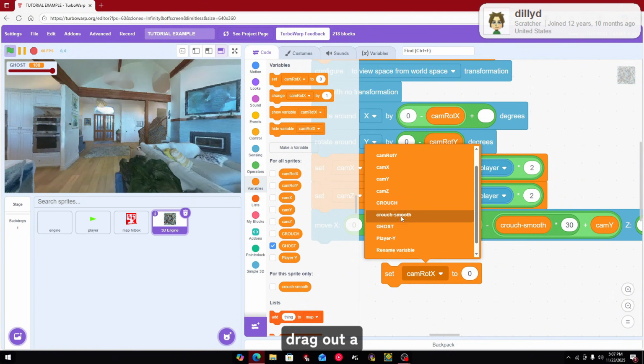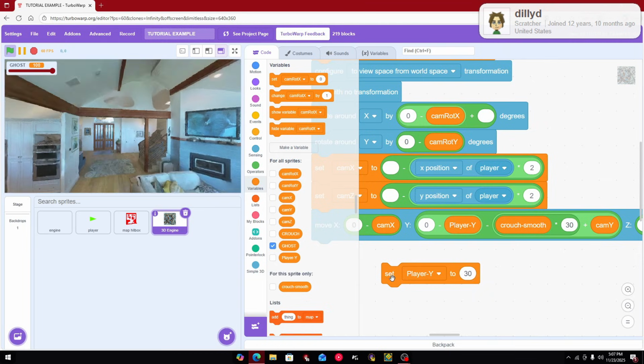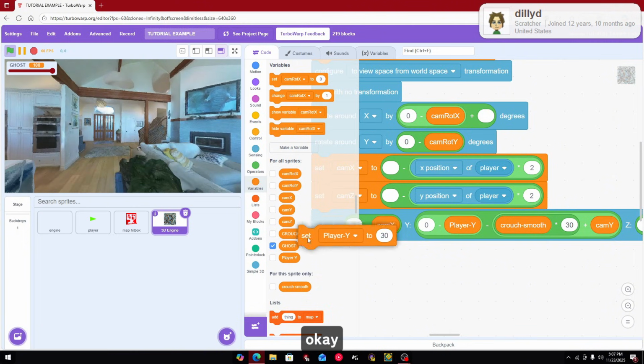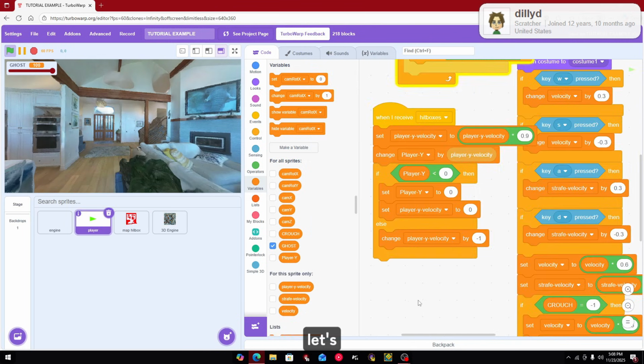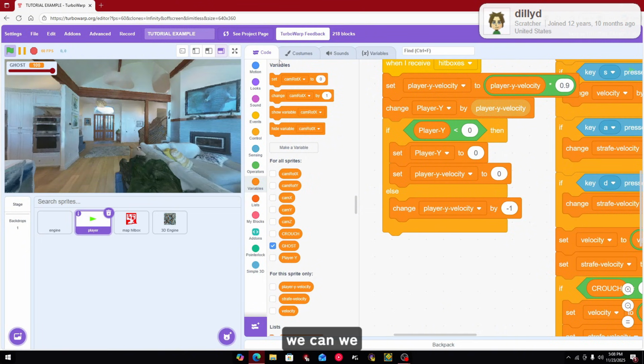So now we can drag out a variable block for player y, and we'll just set it to 30 to test it out. And as you can see, it puts us above the ground and we fall down, okay? Pretty straightforward. Let's implement jumping. So obviously we only want to be able to jump when we are actually on the ground or below the